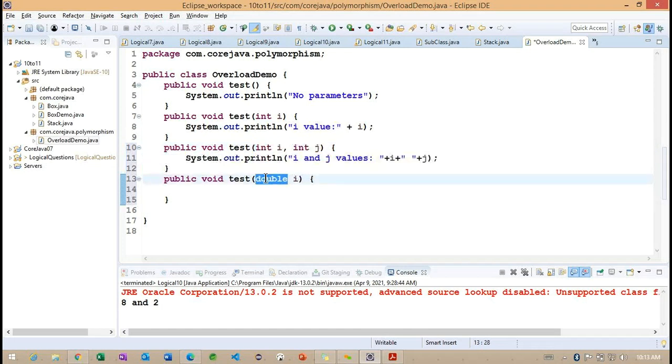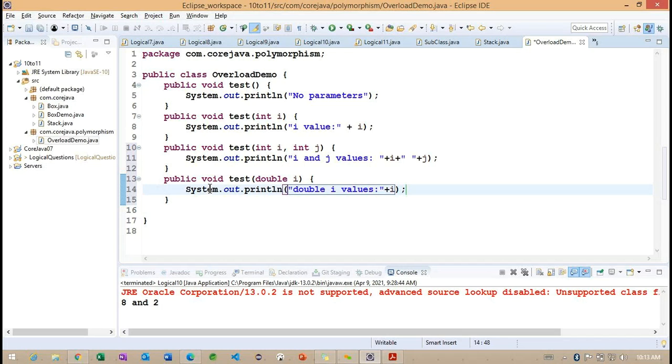Another method we are defining here is expecting double data type. Now what we are going to do is print the double data type value, double i value. Getting the point.